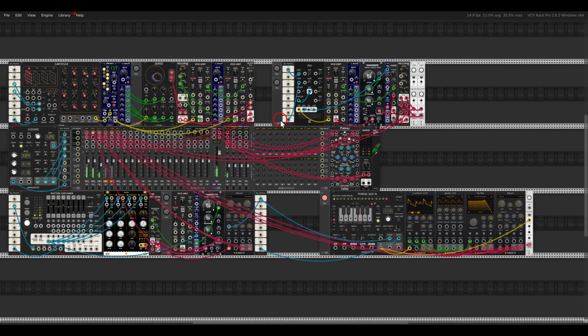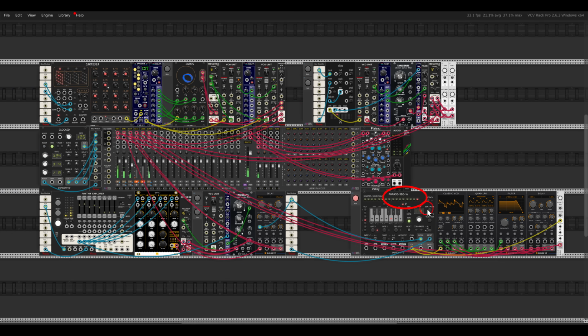I have here also a bass with a phrase sequencer sequencing the classic VCO, but before I mute this, that was it for